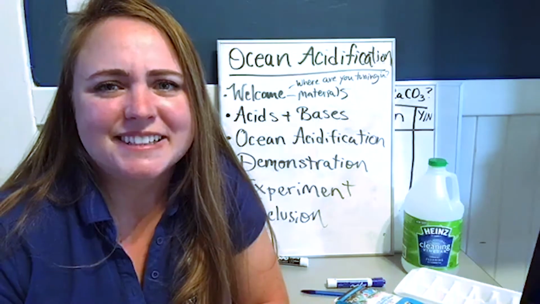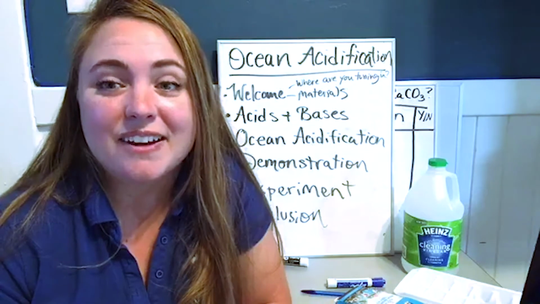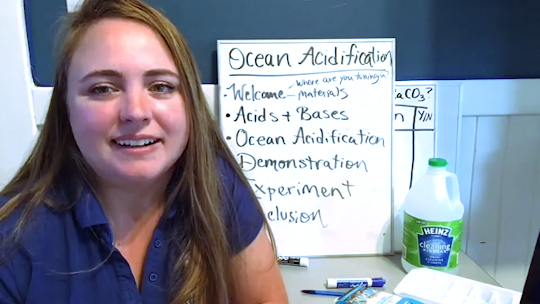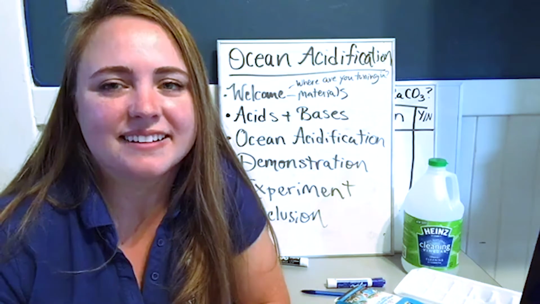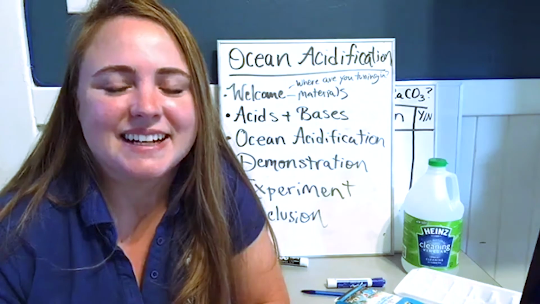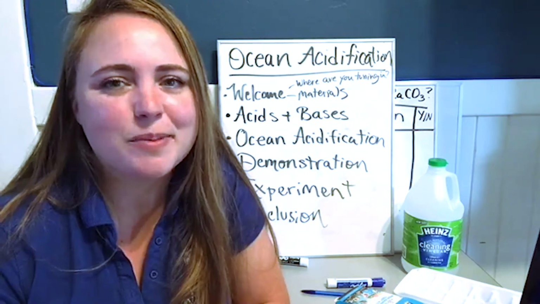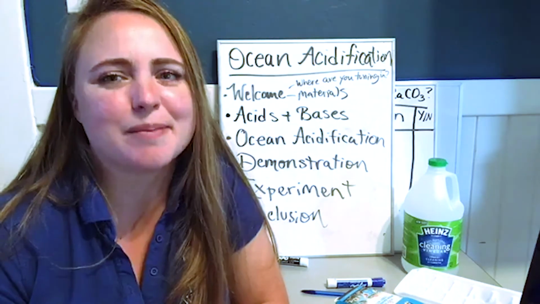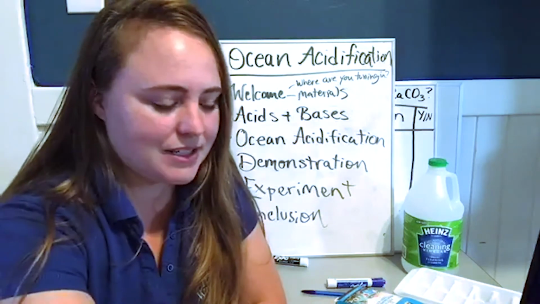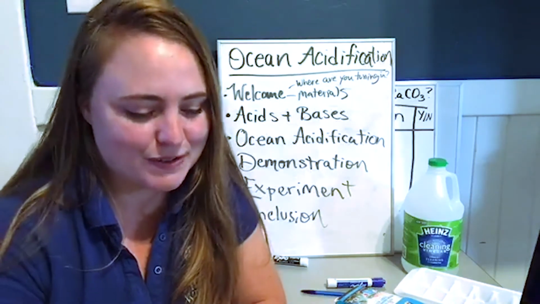So in addition to worrying about our easy to crack clams, a lot of people rely on the ocean as a source of their protein. So less food for us, and then less food for the animals out there that need clams to eat, as well as other shell building animals, gives us plenty of concern about the health of our seas. And so what we're gonna do is demonstrate an extreme version of ocean acidification,